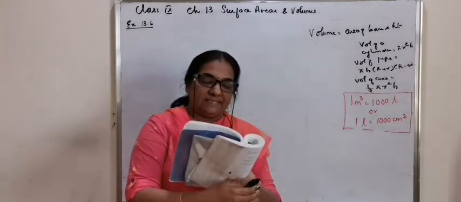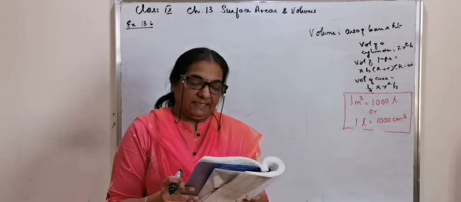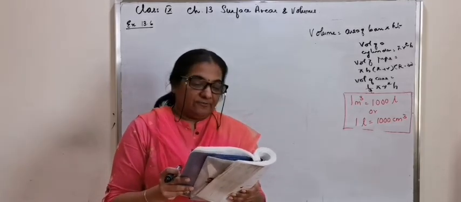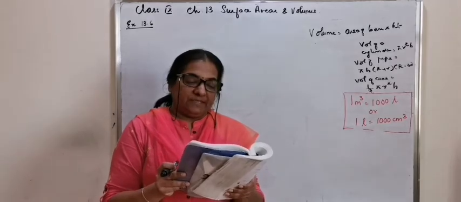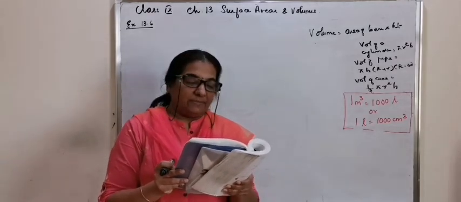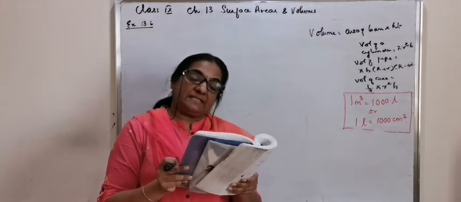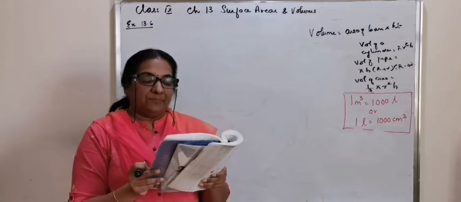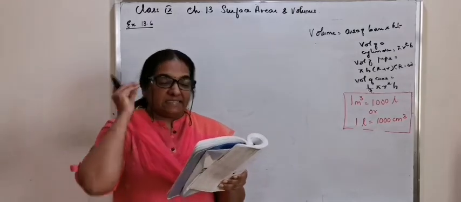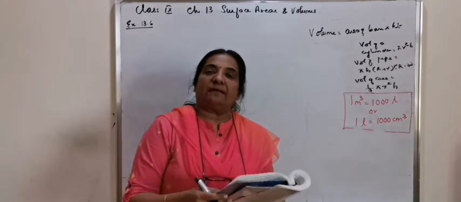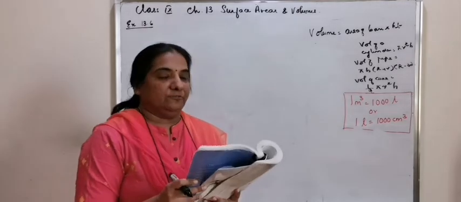A lead pencil consists of a cylinder of wood with a solid cylinder of graphite filled in the interior. The diameter of the pencil is 7 millimeter. Diameter of the graphite is 1 millimeter. If the length of the pencil is 14 centimeter, find the volume of the wood and that of the graphite. Anyway, the height is in centimeter and the radius is in millimeter. We will calculate in millimeter and then convert.